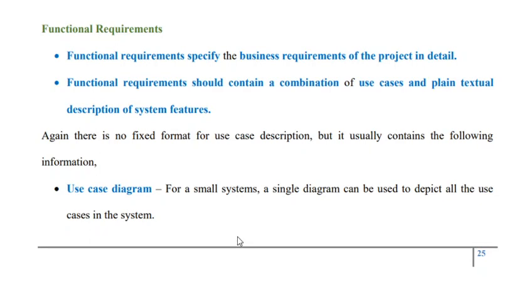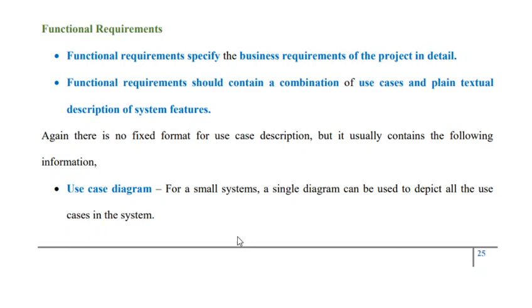Now, in today's class, we'll learn about the various ingredients of SRS document. So, the first aspect that an SRS document has to emphasize upon is the functional requirement. Now, functional requirement basically specifies the business requirement of the project in detail. So, functional requirement is capable of specifying what all functional aspects are to be implemented by the system on behalf of the customer. But here, whenever we are trying to express functional requirements, we express functional requirements in terms of